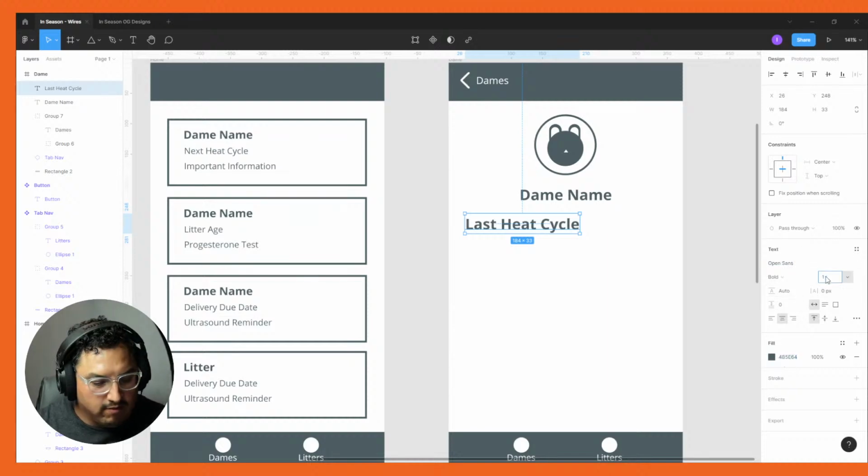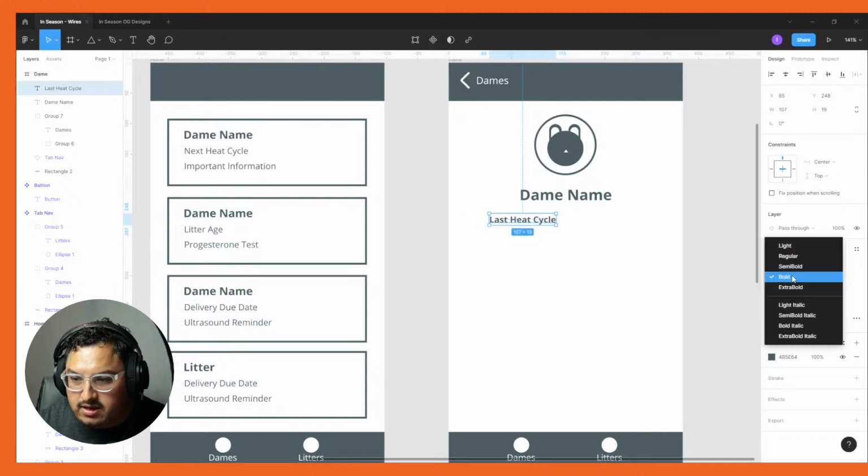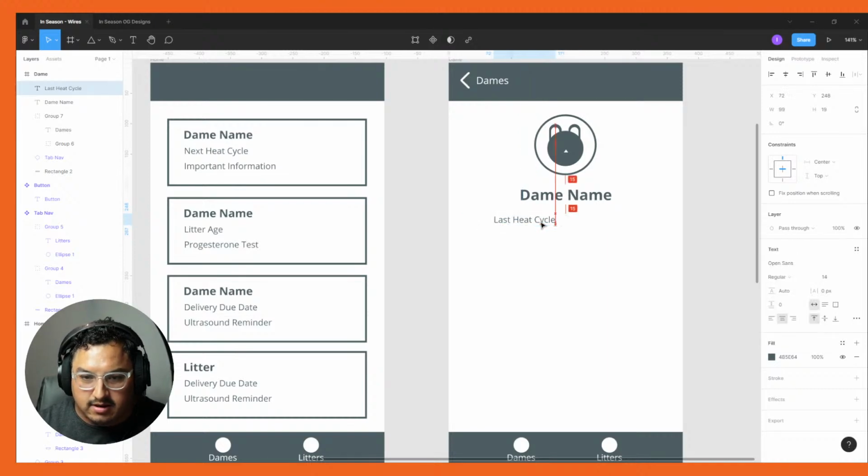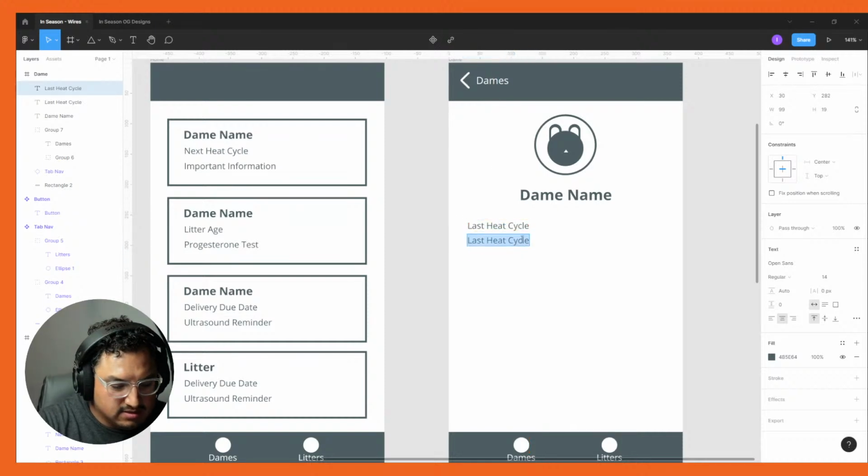This is gonna be real tiny, so like 14, not bold, regular, and this is gonna be something that's just on the top, and then what's important is the actual thing, so we'll do like